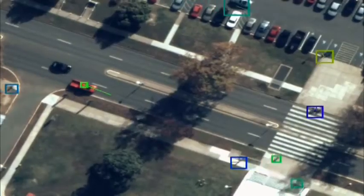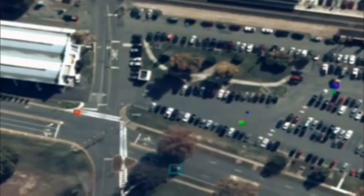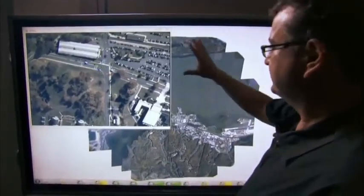The color boxes represent that the computer has recognized the moving objects. You can see individuals crossing the street. You can see individuals walking in parking lots. There's actually enough resolution to be able to see the people waving their arms or walking around, what kind of clothes they wear. And you could pick the location of where you produce these images anywhere in the entire field